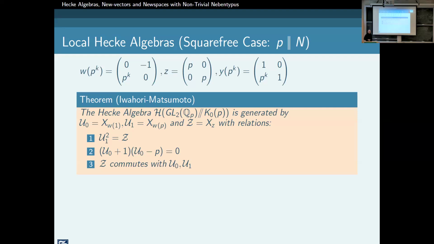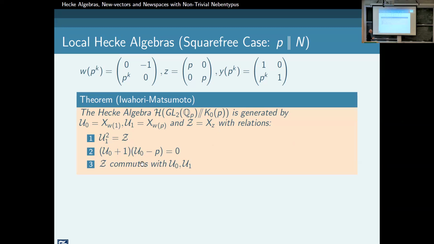So let's see an example of this, which is the well-known Iwahori-Hecke algebra. So the Iwahori-Hecke algebra basically has these three generators. Obviously, it has the center. There is this involution in GL2(Qp), and there are these lower triangular matrices. These I don't need for this Hecke algebra, but I will use them later. So the Iwahori-Hecke algebra only uses W1 and Wp and the central characters, and it has the well-known relations with the braid relation that we all know. But the most interesting operator is this one.